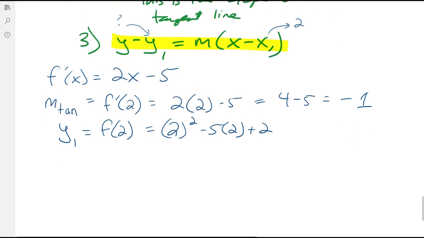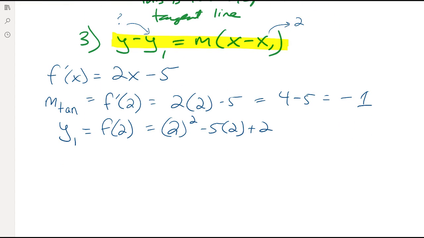Okay, so I can scroll up a little bit. So then that indicates we have 2 squared, which is 4, minus 10 plus 2. 4 minus 10 is a negative 6. Negative 6 plus 2 is a negative 4. Okay? All right. So that is now our y1. Now we can plug everything into